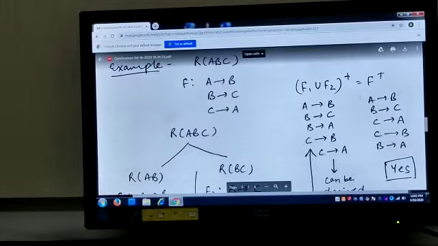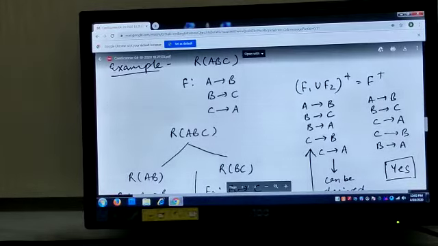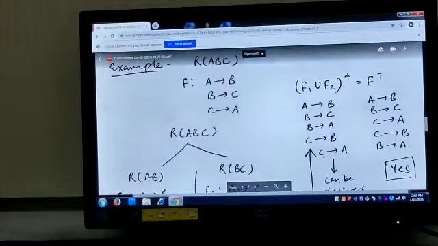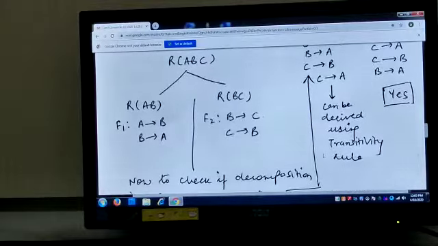In short, you can see using the union and applying all the rules in the closure, I am having all the functional dependencies preserved that I was having in my initial set, right? So in this case we can say that the decomposition is dependency preserving because all the functional dependencies are preserved even after the relation is normalized and decomposed, right?